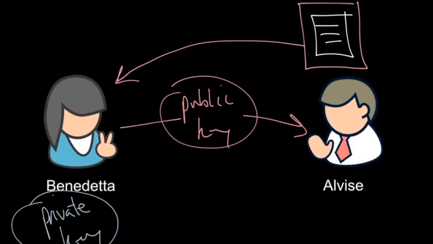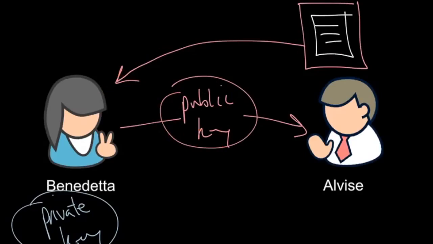This is really secure compared to the symmetric encryption. Two reasons. One, the public key is open and accessible to everyone. It's sent unencrypted across the internet. Anyone can look at that, anyone can read it, anyone can use it to make a message for Benedetta and send it back to her. But because Benedetta never shares the private key, it remains on her computer and only known to her. She is the only one who can decrypt the messages that are sent to her,